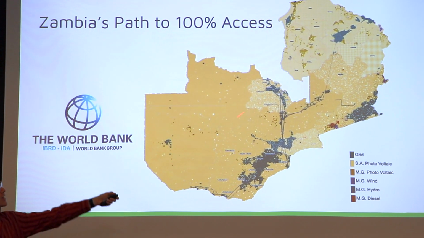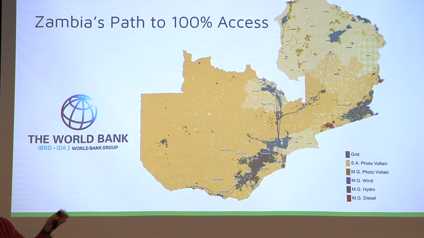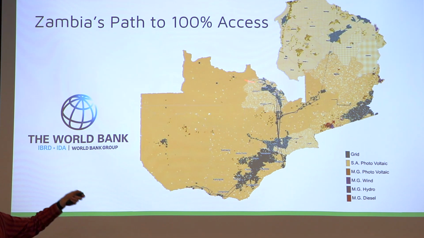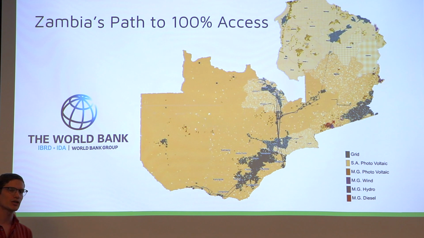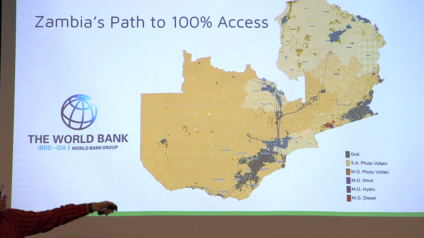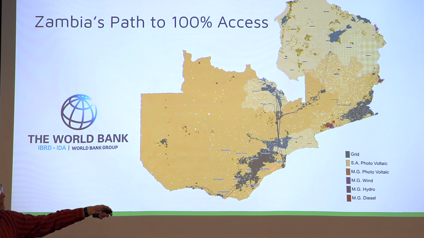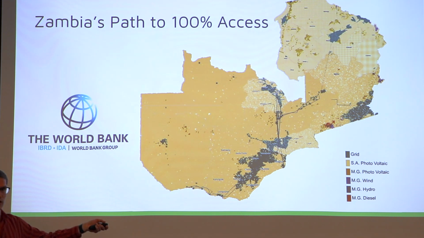So just to unpack this map a bit more, in the northeast you see a light yellow, which represents a recommendation for home-scale solar systems, versus you can see a very large portion of the southwest is a darker yellow, which represents community-scale solar mini-grid solutions. And along the transmission infrastructure, you see the recommendation for grid expansion.